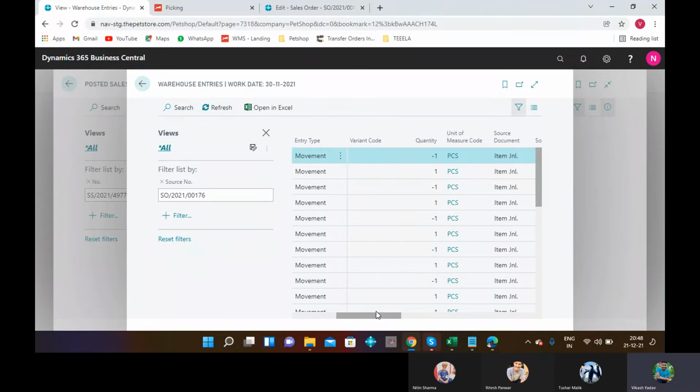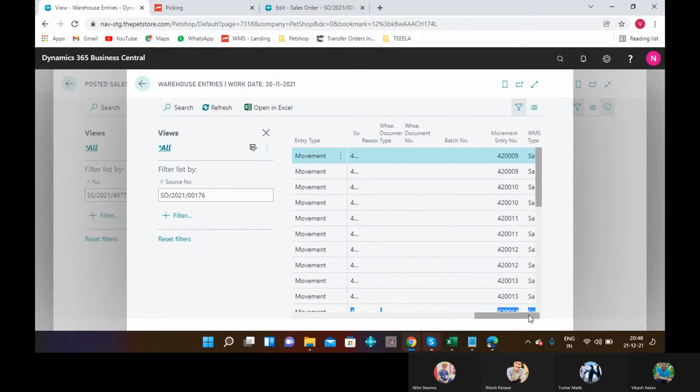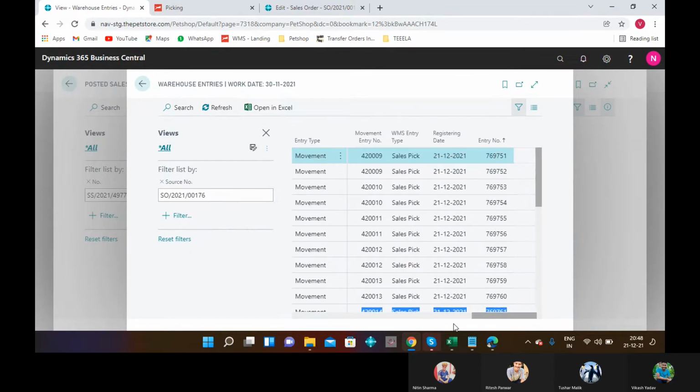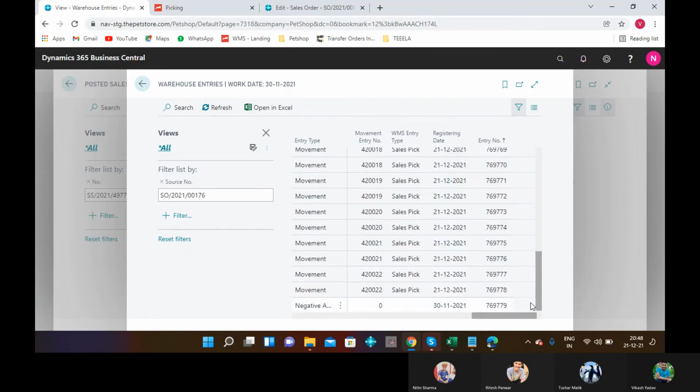Because this means when you pick your quantity in your actual bin, this entry will show: quantity minus in your actual bin and plus with your warehouse shipment, ship bin.